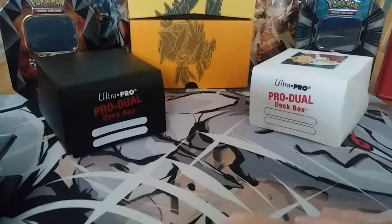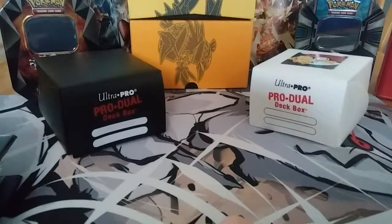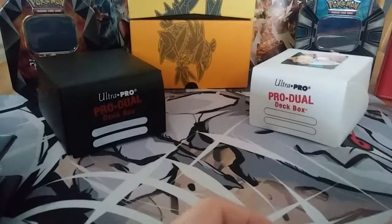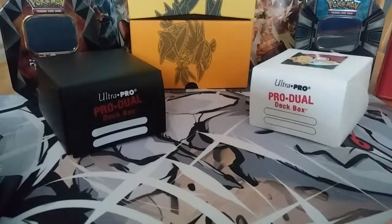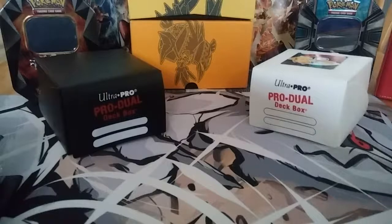I actually wanted to talk about storage. How can you store Pokemon cards? Simple. I haven't done one of these, so I was thinking, well, might as well do something. So right here I wanted to show you my storage, how I store cards. And I know lots of people have different ideas on how to store different Pokemon cards, but I have many ways. There's many ways to